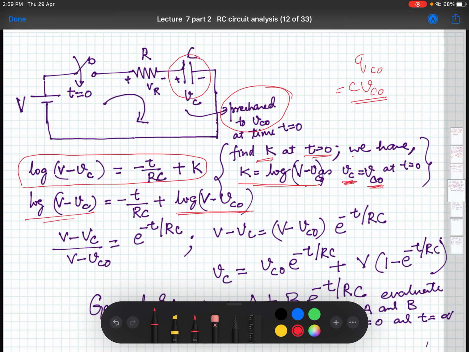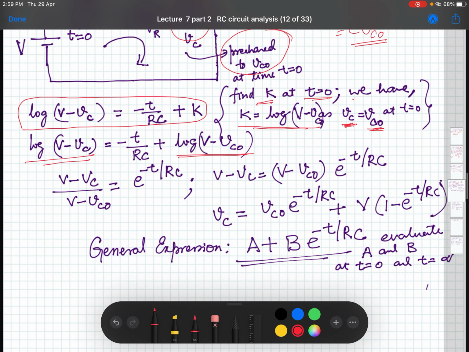So here what we have are the equations, and again we solve, taking only the value of k different. In a similar fashion we can get this kind of solution. So Vc comes out to be this, and if you want to separate it out, this is the condition. This part came because of pre-charging of the capacitor, and this part is obviously there when there is no pre-charge or charging of the capacitor. So that clearly shows how that kind of pre-charged capacitor behaves.